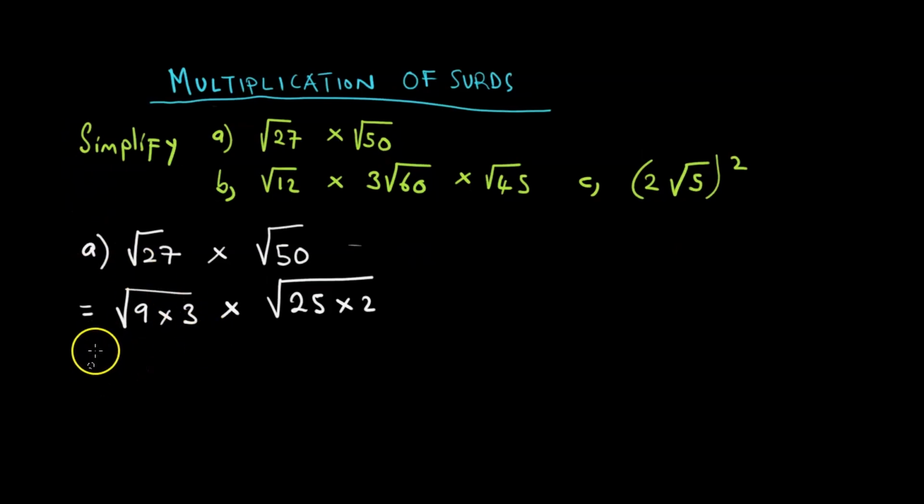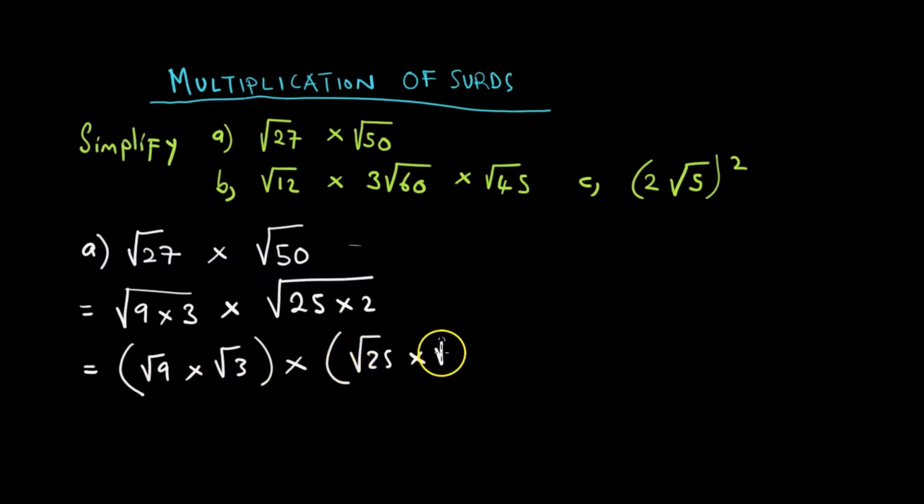Tadaro manje takuya panapa tinogona edu kuisa brackets. No, let us not do that. But tinogona kuzviita to solve iyi takaisa brackets kuitira kuti separate in this one. Saka panapa we now have the square root of 9 multiplying the square root of 3 times the square root of 25 multiplying the square root of 2. Tachoose 25 times 2. Pamusana pekuti 25 is a perfect square. The square root of 25 is 5. That's why it's now choose 25 times 2 and not 10 times 5 or 50 times 1.